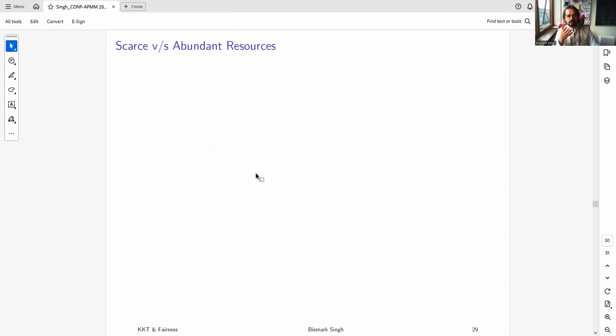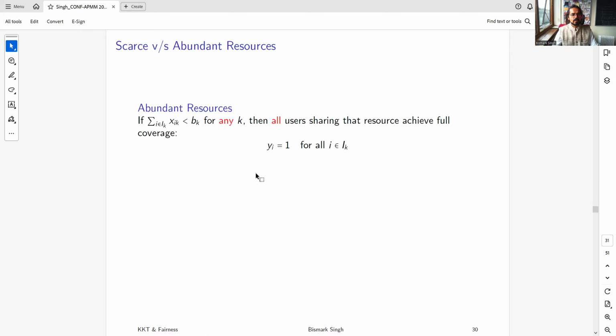All right, so let's go to a different setting then. So what else could happen up here? So there are two types of resource amounts that you might have. You could either have the resources having some scarcity or being abundant. So let's take the case of resources being abundant. So what does that mean? That if the resource amount for resource K was so high that you allocated everything, and the inequality held with a strict sign,